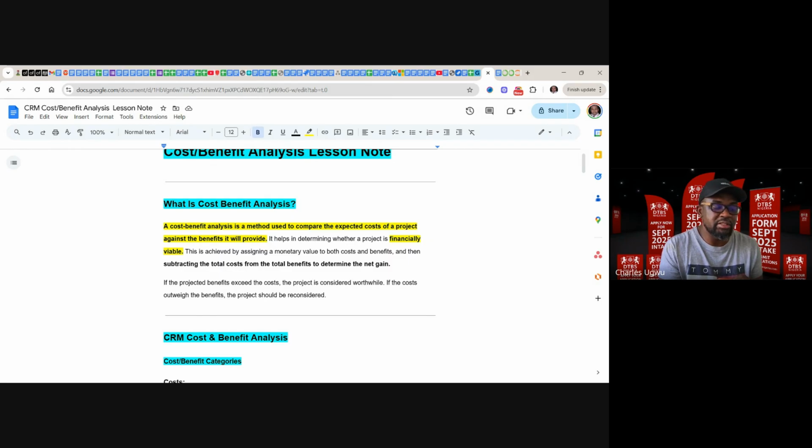If the projected benefit exceeds the cost,